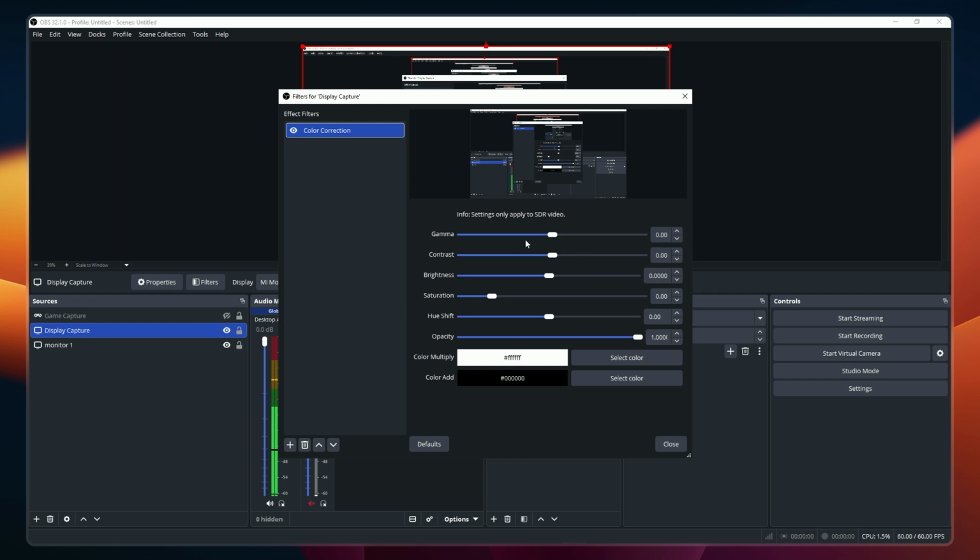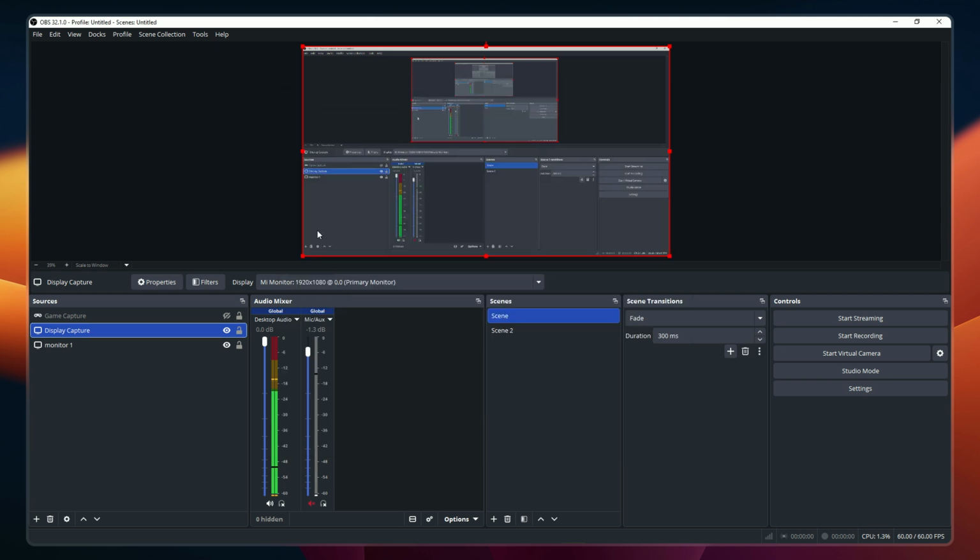Take your time experimenting with these sliders until your display looks natural and vibrant rather than washed out. You can preview the changes in real time, so adjust each setting until you achieve the color balance you're looking for. When you're satisfied with your adjustments, click Close to exit the Filters window, and that's it. You've successfully fixed the washed out colors in your